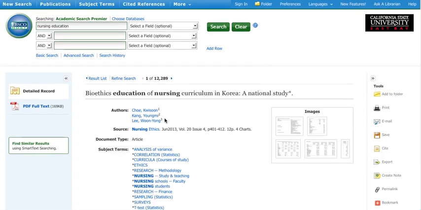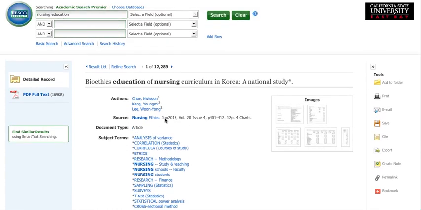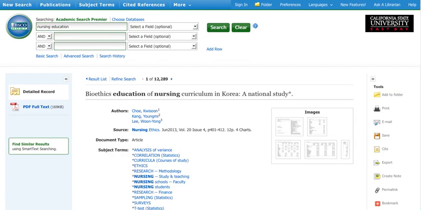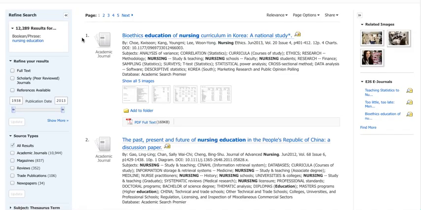This is a record for an article, and this is the long record, and this is a list of records here, again numbered. Each one says what kind of journal article it is, academic journal article. The title is now the title of the article, and here's the name of the journal, the date it was published, and a volume and issue number. That's a big clue that this is an article and not a book, okay?